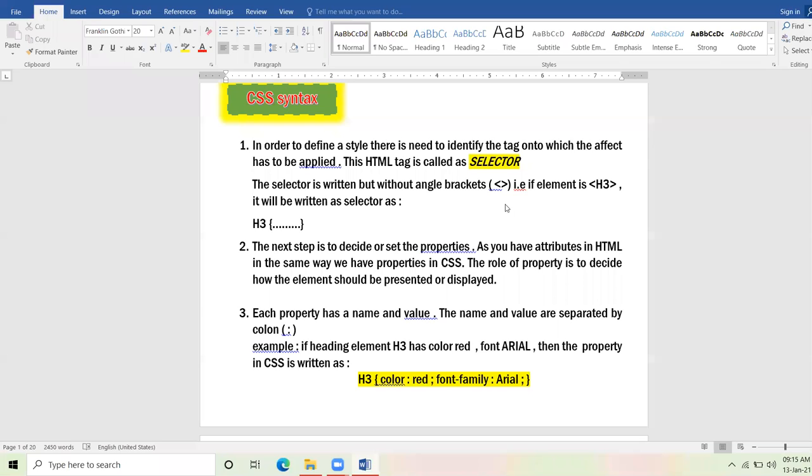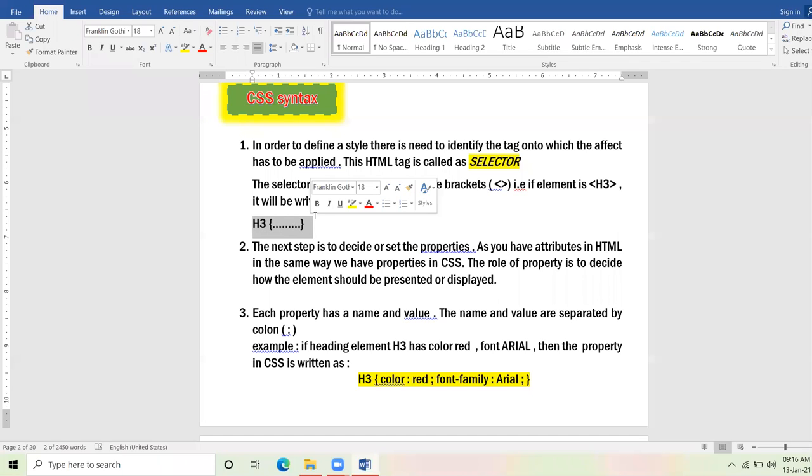All right. So how to write a selector? The selector is written with the name followed by the curly bracket, and then you apply the property and close the curly bracket. Like in front of you in this window, you can see I have given an example of the H3 tag.